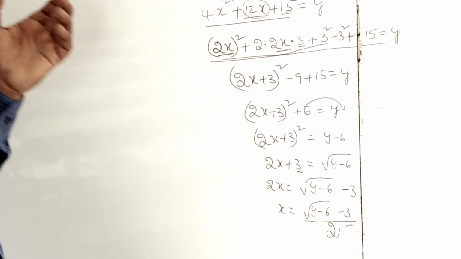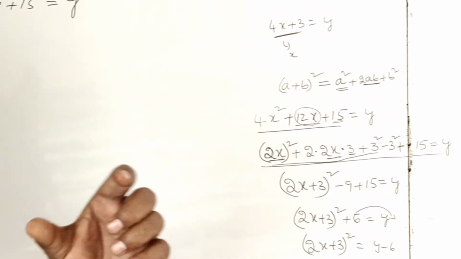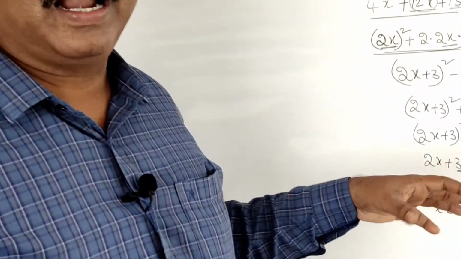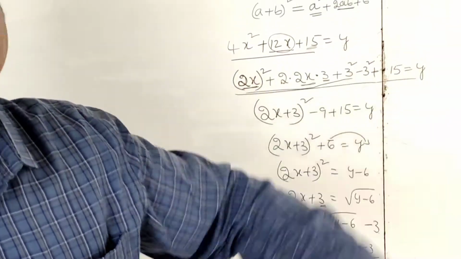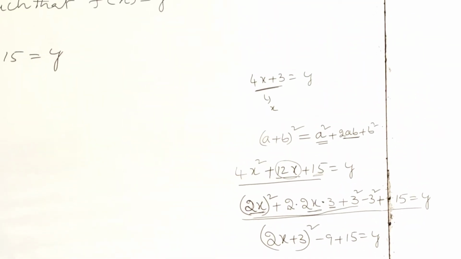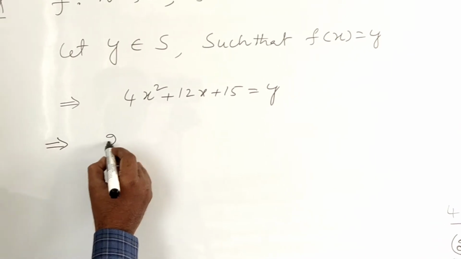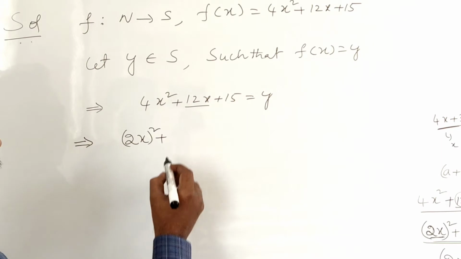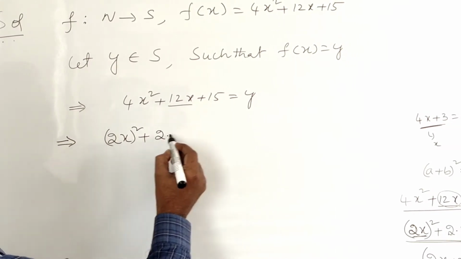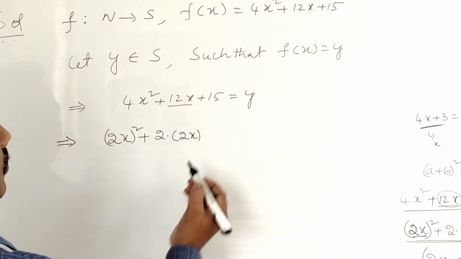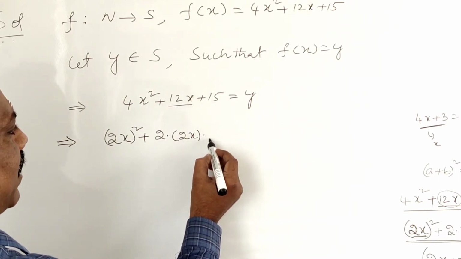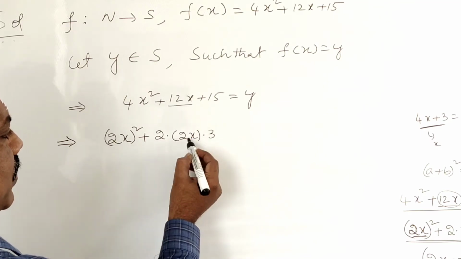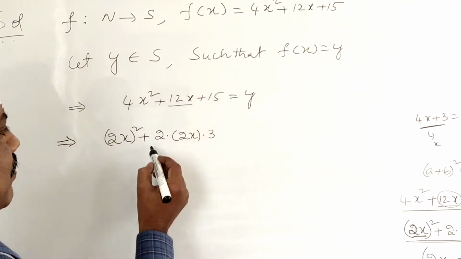That means for such kinds of problems you may not get x easily. For such problems you have to use the completing squares method and convert it. Only that, remaining all is the same. So now I am writing here, students. This is 2x whole square plus, this is converting into 2ab. 2 into what is the a value? 2x. So by what number should you multiply? You will get 12. 2 into 2 is 4, 4 into 3 is 12. So 2ab.